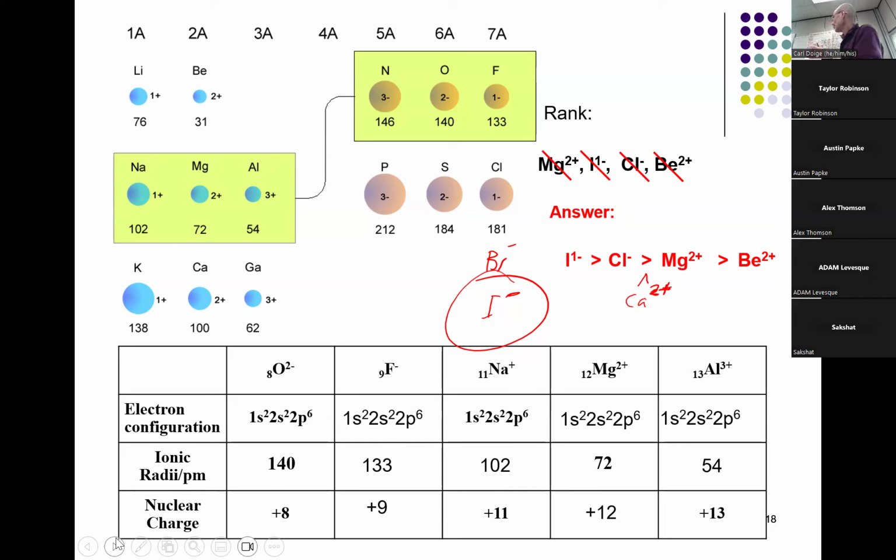So again, the main issue is you need to compare along an isoelectronic series, and up and down. Along an isoelectronic series, things get smaller, starting from the anion to the cation, and then up and down, it always gets smaller going up. So to finish today, a couple of last check your understanding questions, and then we'll call it quits.